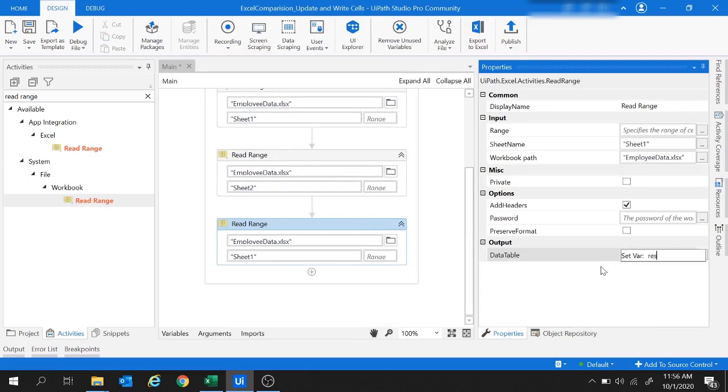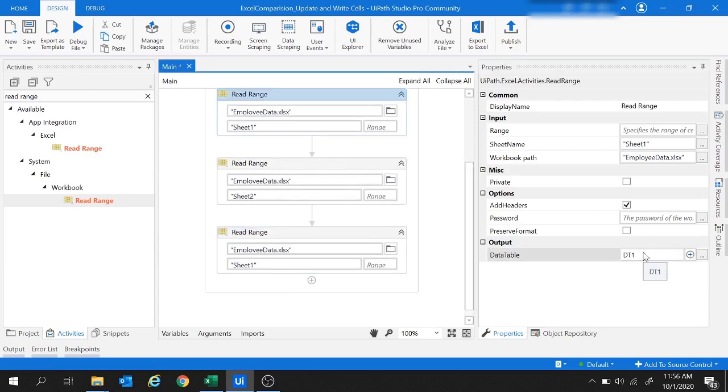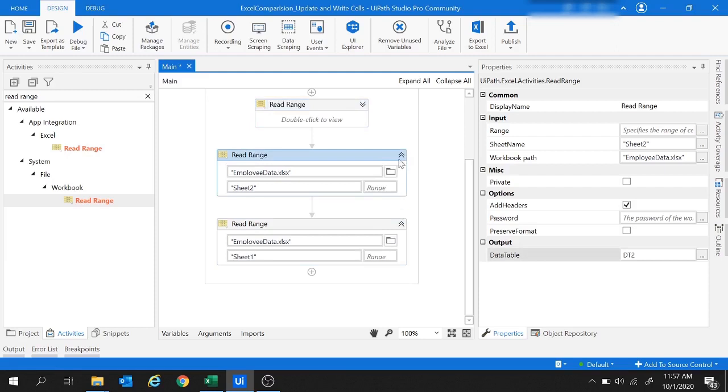Let me create the variable result data table, and this data table we will use to write our results. Since the data table dt1 will be used for iterating, we would not like to change anything over here. That's why we will write our results inside the result data table, which we will see in a few minutes. So we are done with the Read Range activities.